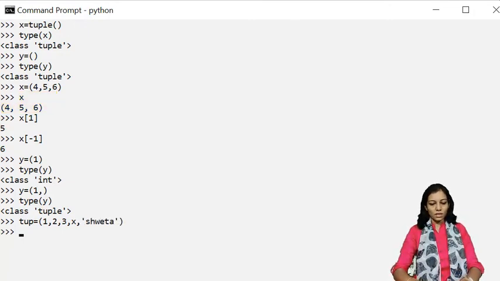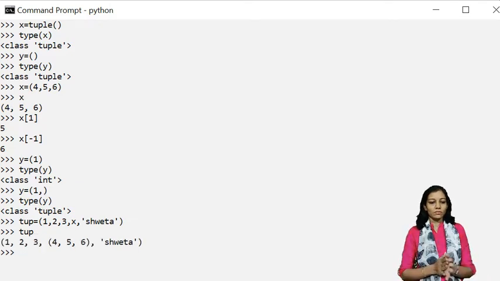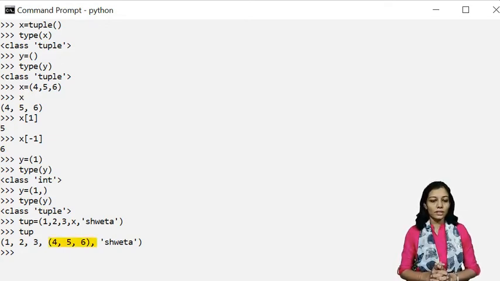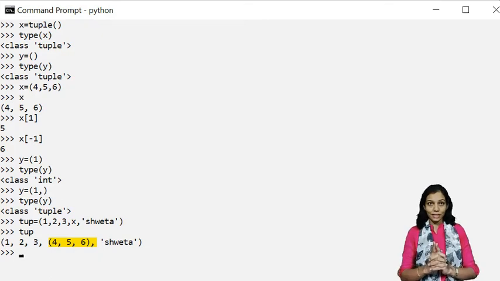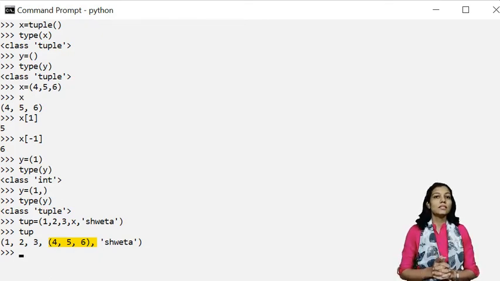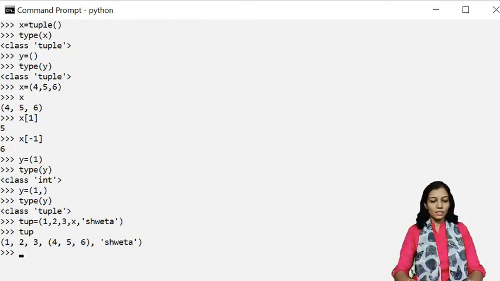So let us see what are the elements of the tuple TUP that we have declared. So 1, 2 and 3 are elements. X is itself a tuple, that is 4, 5, 6, and it is a single element. So this is a nested tuple. Okay, and the last is a string.